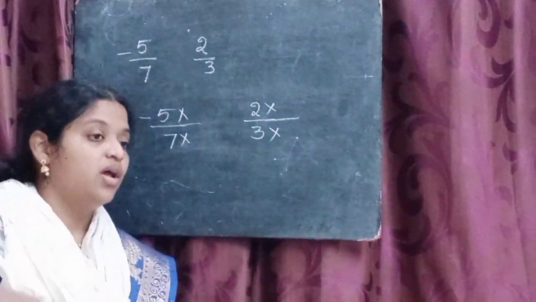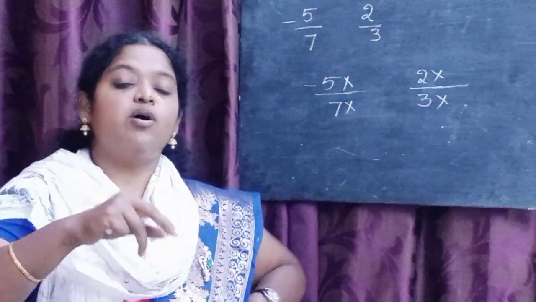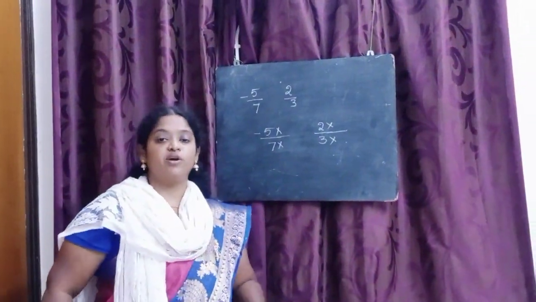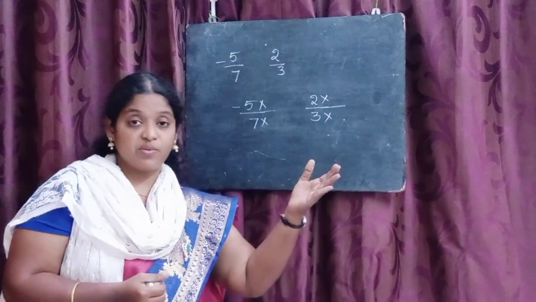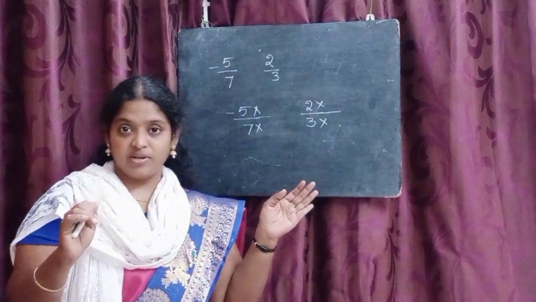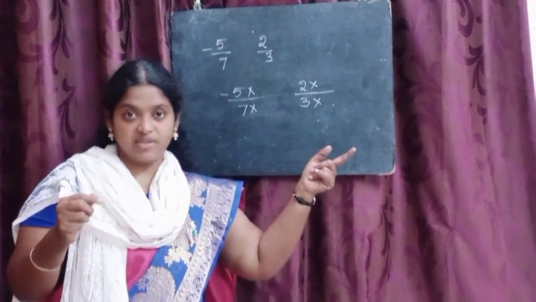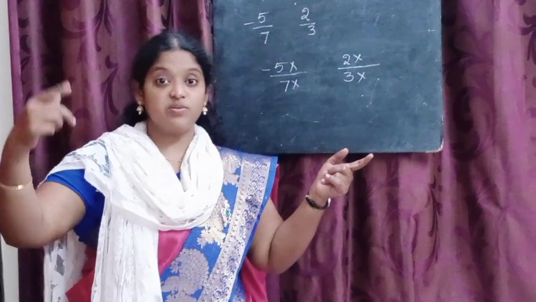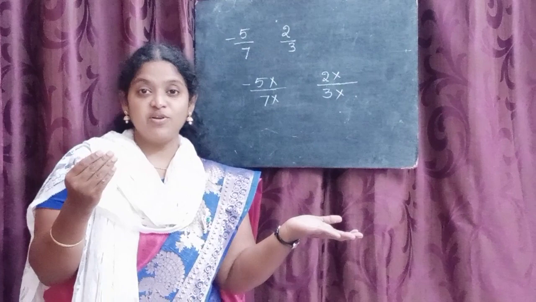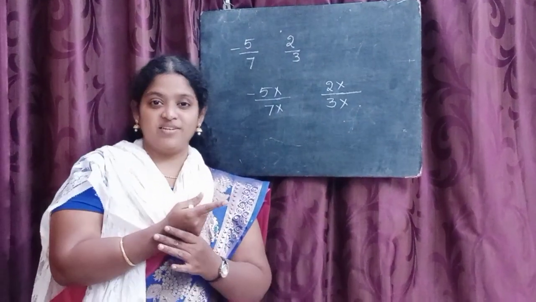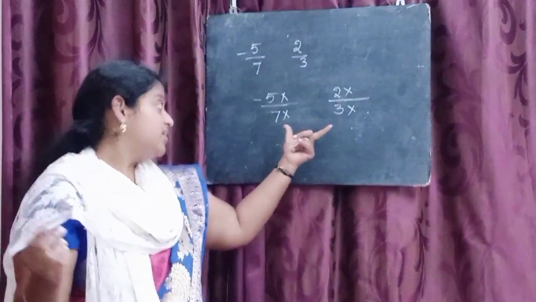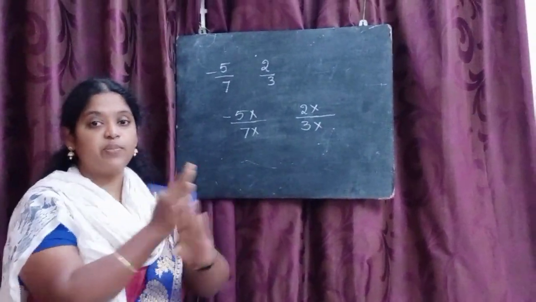For example, you and your friend. Your friend got one big chocolate and you have one small chocolate. So what will you ask your parents? He is having the big chocolate, so I also need the same. Then he will ask the parents, see, you are having two chocolates, one big, one small, but I have only the big one. I don't have the small one. So what will the parents do? They will also bring the small one. Correct? Then it will be equal. So the opposite denominators you should multiply.